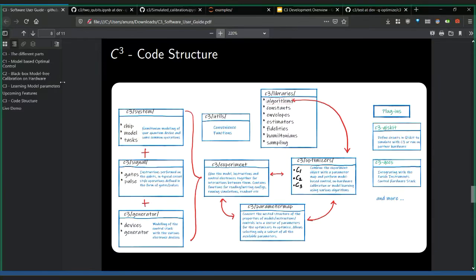Similarly, we have these plugins. That's what you see on the right. These plugins exist independently of the C3 code base, and they help you interface with outside tools. For example, the C cube Qiskit library lets you define your structures in Qiskit and then simulate them with the physics-based simulator that we have. Or the C cube QCCS lets you integrate with the Zurich Instruments hardware. So these plugins exist independently, and based on what you want to do with the C cube library, you would install one of these plugins. Great. So we have covered the code structure, and